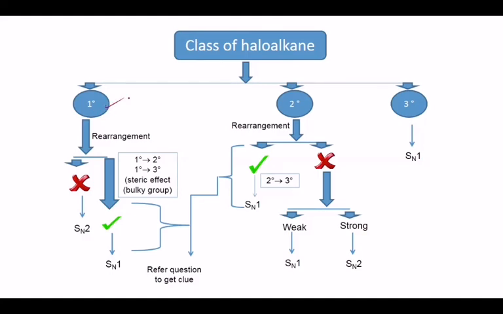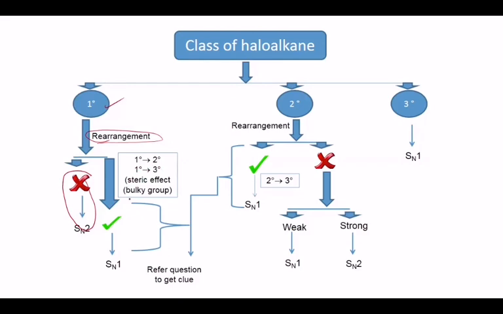If your haloalkane is primary and it is possible to do rearrangement, meaning the neighboring carbon is more stable than the carbon attached to the halogen, so the rearrangement might occur, then it will not undergo SN2, it will undergo SN1. If it is a primary haloalkane and the neighboring carbon is secondary, or it is primary and the neighboring carbon is tertiary,